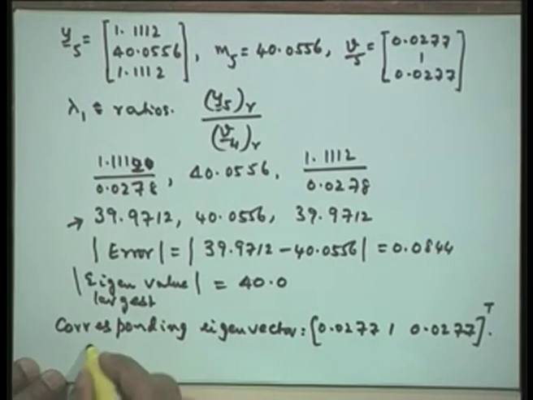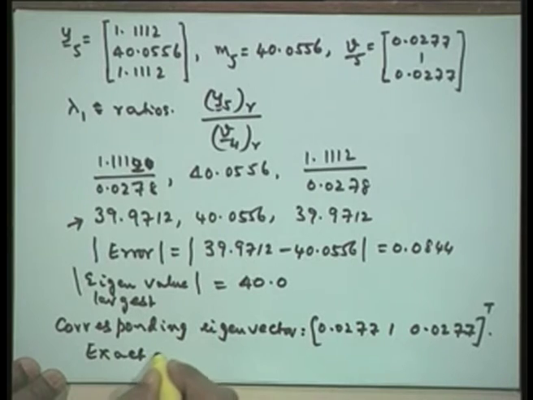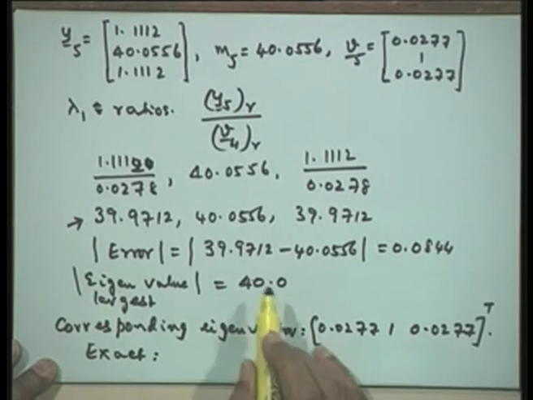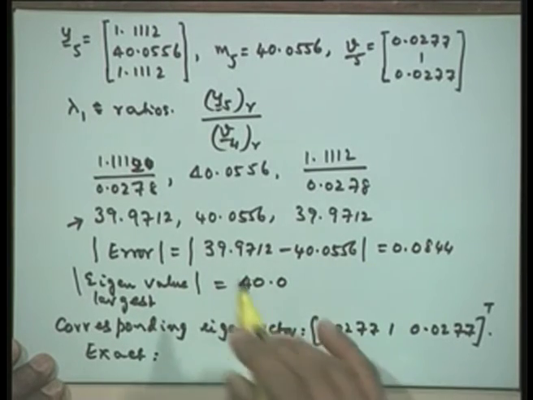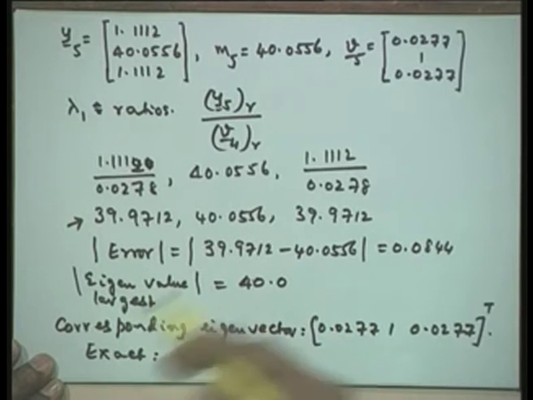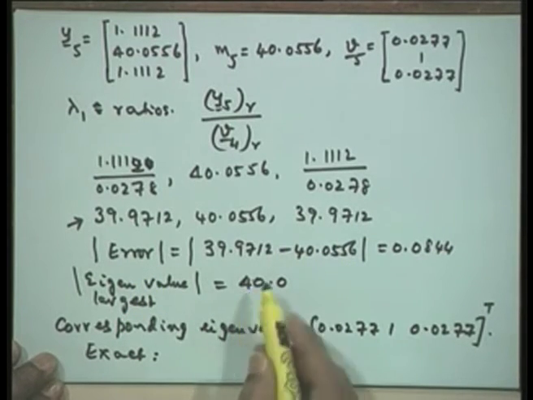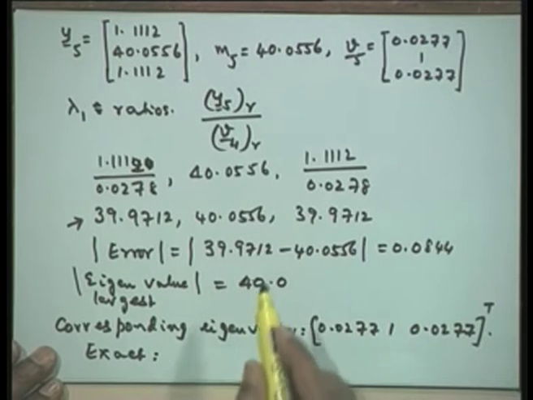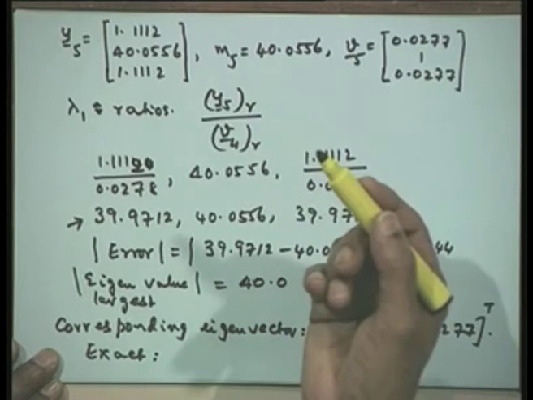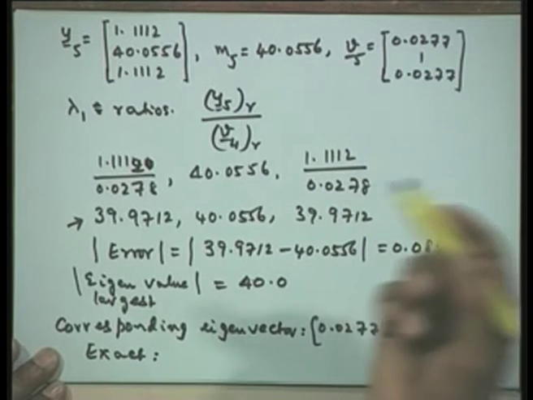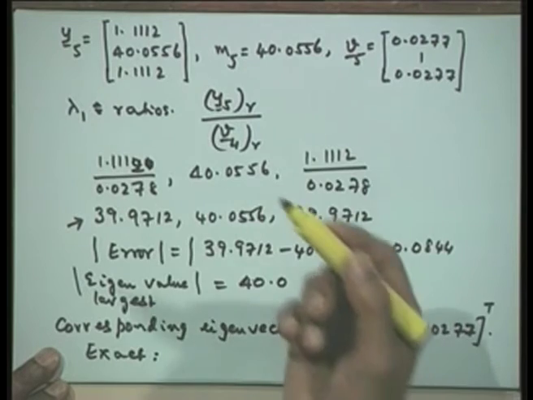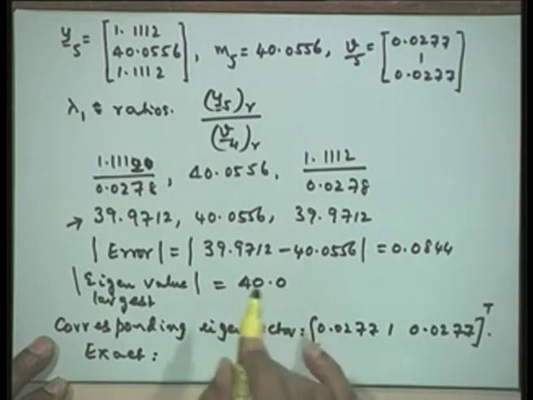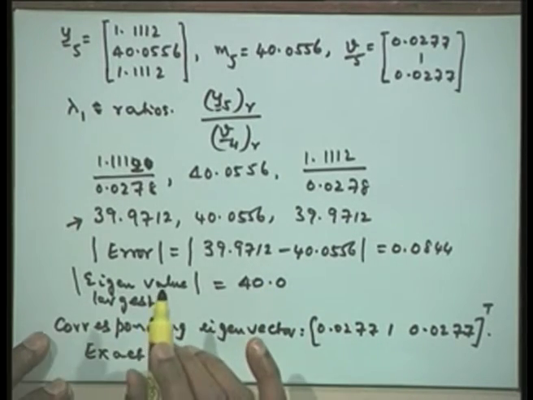Now, the exact eigenvalue of this is, now before we make the exact, if we want the sign of this eigenvalue, we must substitute in A minus lambda I and see that it is equal to 0, to see whether it is a plus 40 or it is minus 40. If we have taken it as plus 40 when the eigenvalue was minus 40, then A minus lambda I is equal to 0 will not be satisfied, it will be a big number. But if you have the correct sign taken, then we will have the correct eigenvalue from there. Therefore, the sign of the eigenvalue is tested by putting in A minus lambda I.